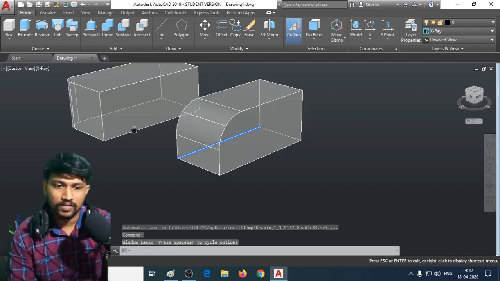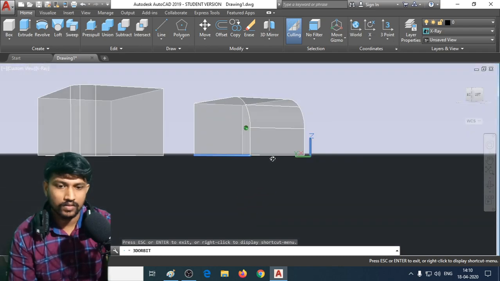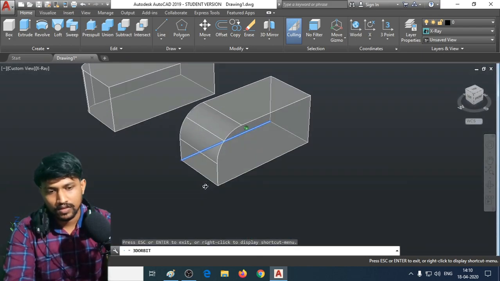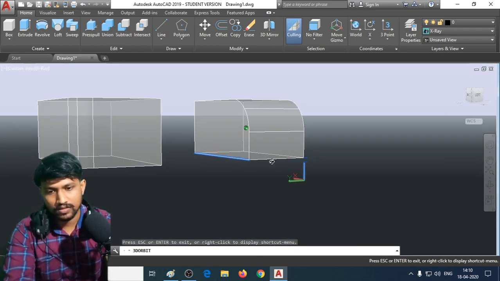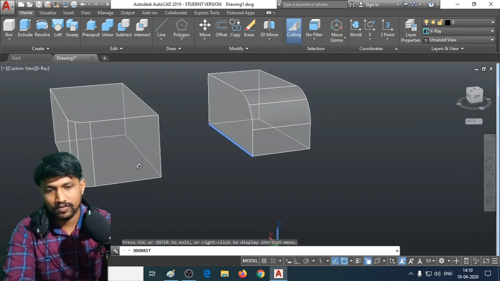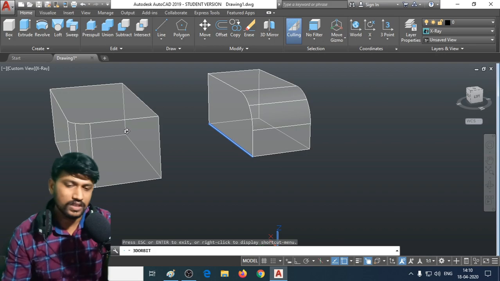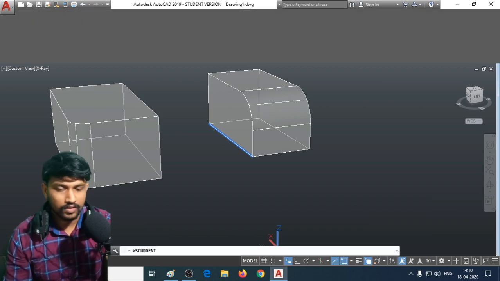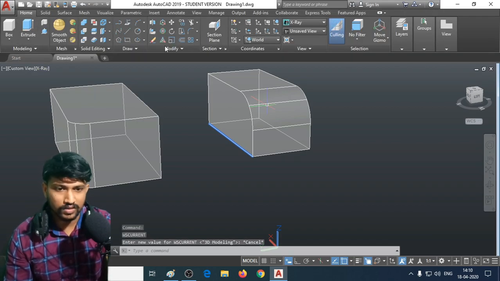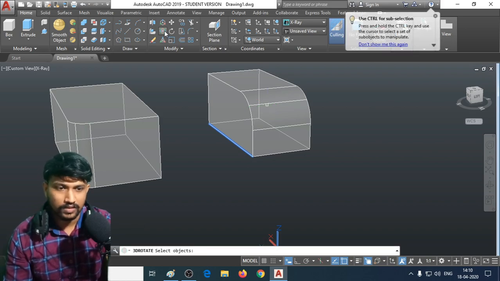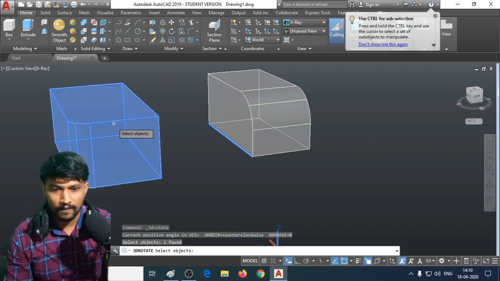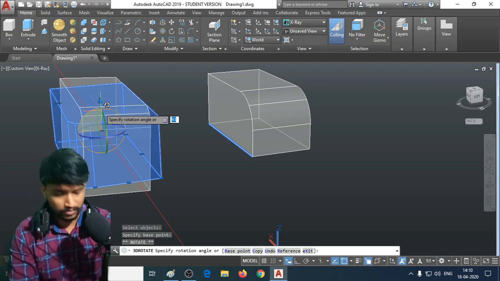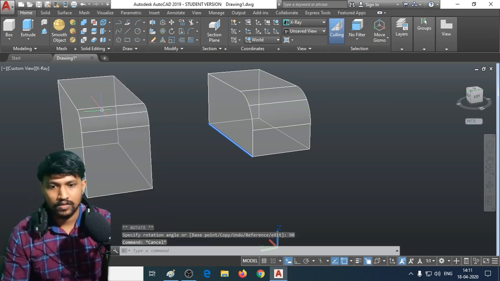If you want to produce it likewise, then also you can produce it, but I just want to show you guys the difference. So if you want the same type of two-dimensional object, then what you can do is just select this one, but you have to give the proper amount of this fillet radius. The fillet radius in case of these two is different. Okay, I thought it's 0.2, but it's not 0.2. Don't worry about this rotation, I'll tell you guys how to do it.